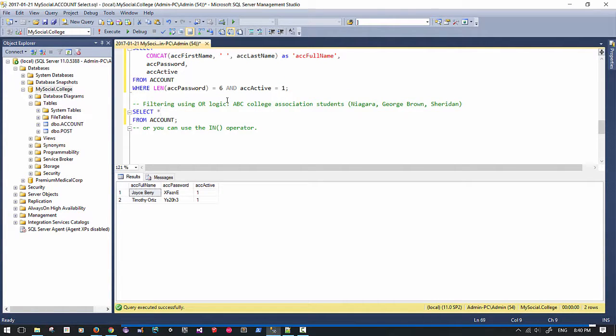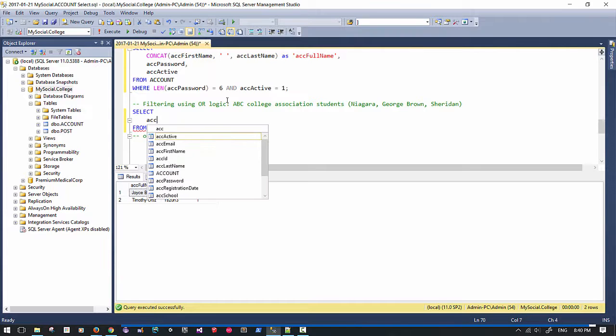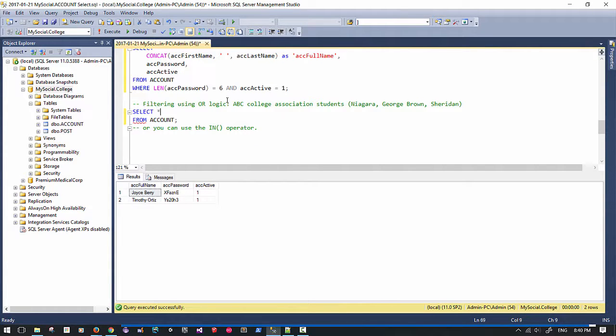So what we can do is, let's just output everything here this time. And we're going to say where X school is equal to Niagara College. I know I put Niagara there. Should have said Niagara College, because that's how all of the Niagara College students are written out. And then you go here, and you would think you could just go or George Brown or Sheridan. And you think that would work out just fine, but you can see right away that you're getting